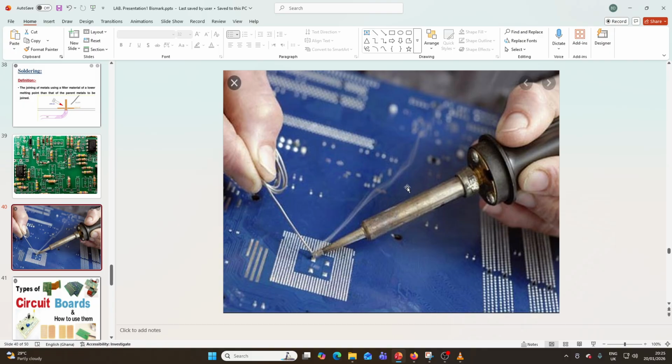So, what is soldering? We can define it by saying that soldering is the process of joining two or more metal parts by melting a filler metal, which is what? Solder. So, that's the solder that you see here, and allowing it to cool, creating a strong electrical and mechanical connection. Okay, so you can see you have a PCB board here, and then some components are inserted on the board, and then it's being soldered at the back side.